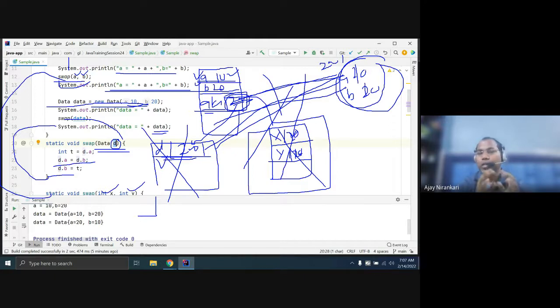So in the case of primitive data types, the impact is just on your local method. There is no change inside the calling method from where the method was called.